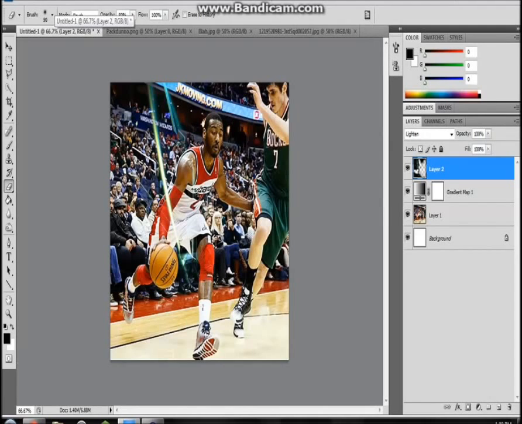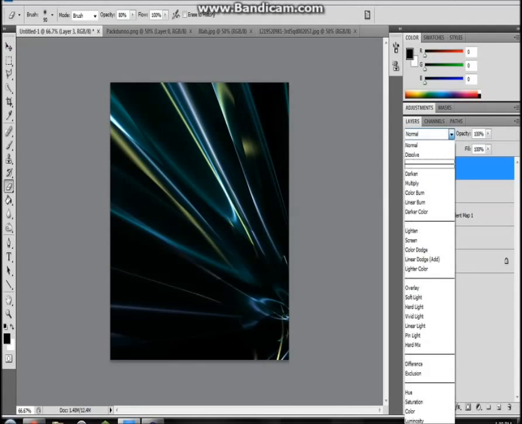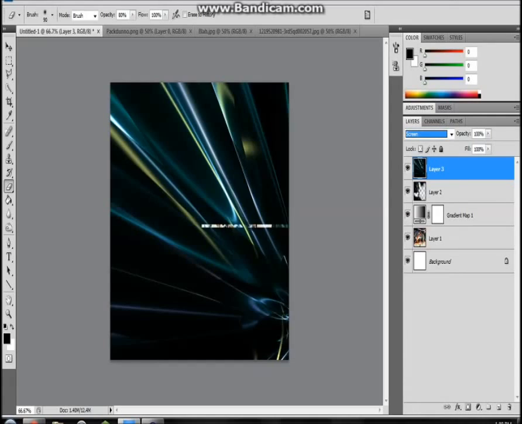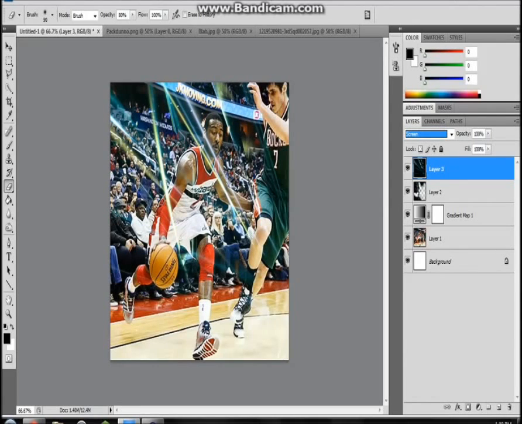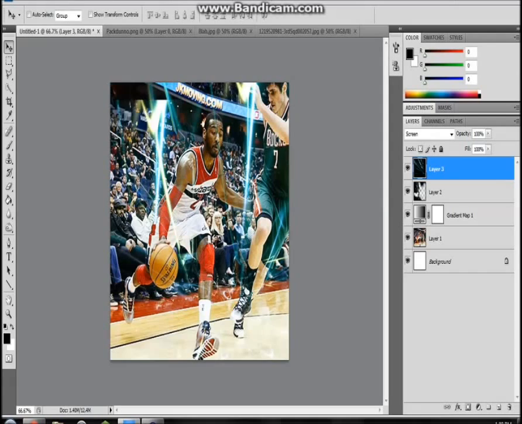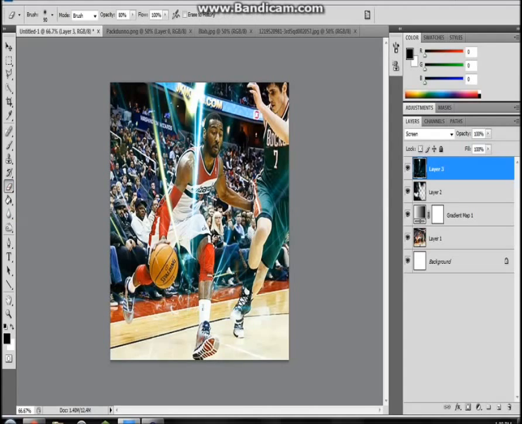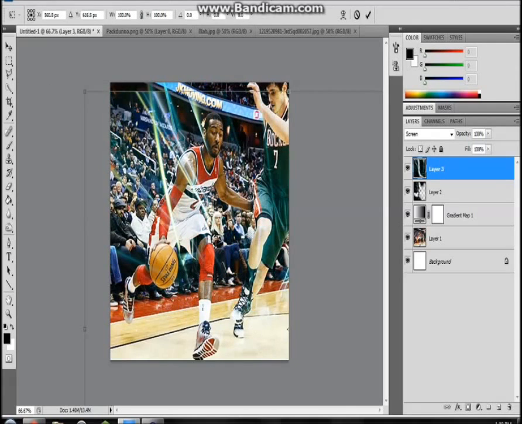This is the next C4D I decided I would like to use. It's definitely a lot more chaotic than the last one, and the last one was pretty chaotic. But I'm just going to simply drag this. I put it on screen to start, but generally screen gives you more defined edges and greater visibility, and for what I wanted to do with this, it ended up not working, so I actually ended up setting it to lighten. So what you're going to do, if you want to change the angle of it, is simply press Control T once again,